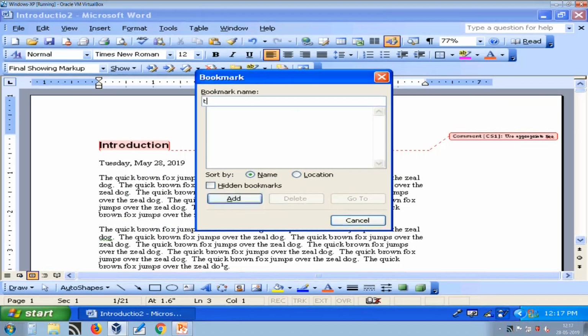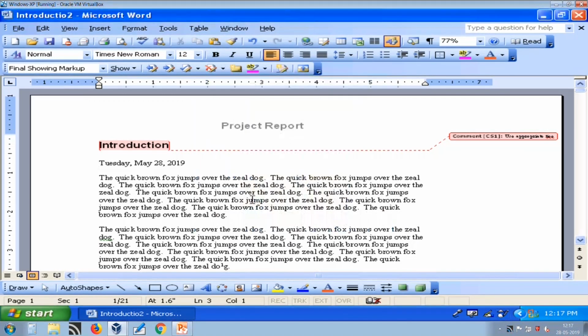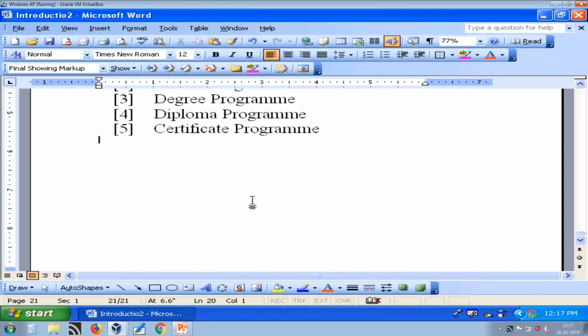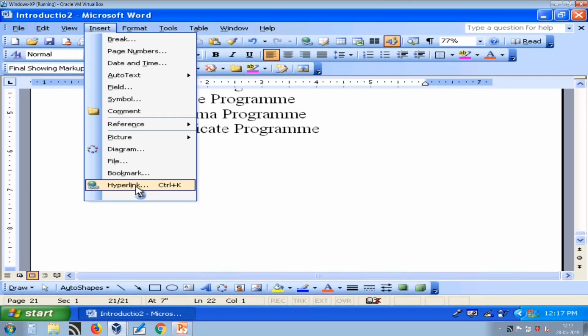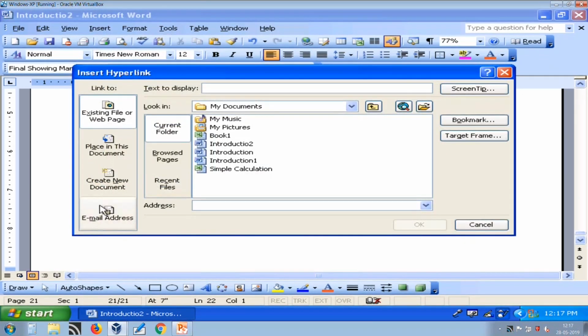Now, the name of this bookmark is home, and I press add, right. And if I am at the end and I insert hyperlink, inside hyperlink you can link to an existing file or web page, a place in this document, you can create a new document or email address.